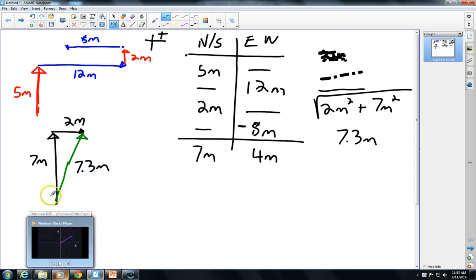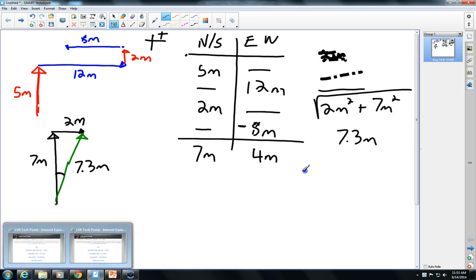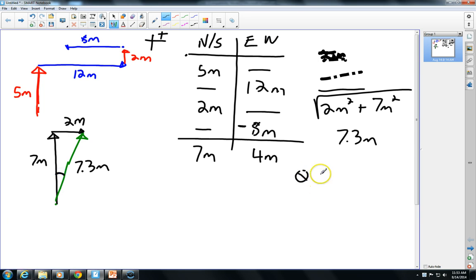We need to know the angle, and I'm going to define this angle. Okay? And to define that angle, I would take the arctangent of 2 meters over 7 meters. And that comes out to be 15.9 meters. Excuse me, degrees. So this means that this resultant is 7.3 meters